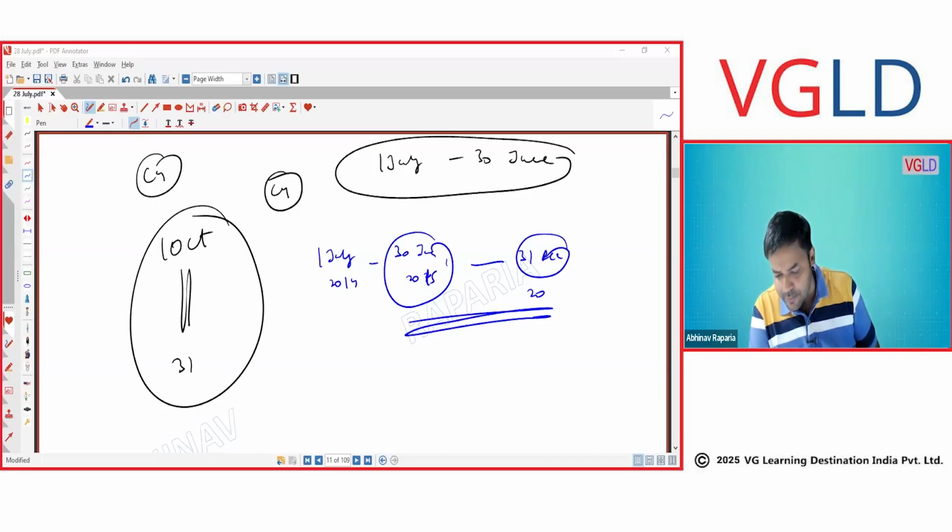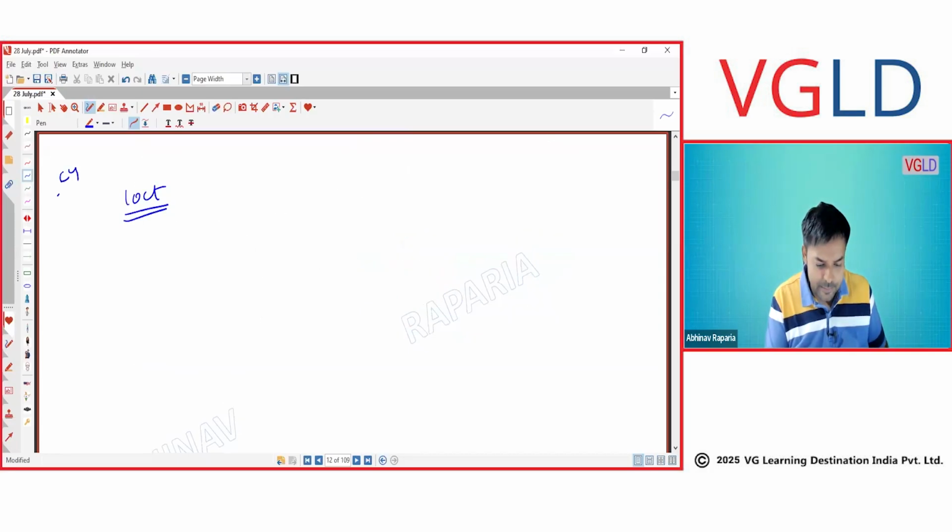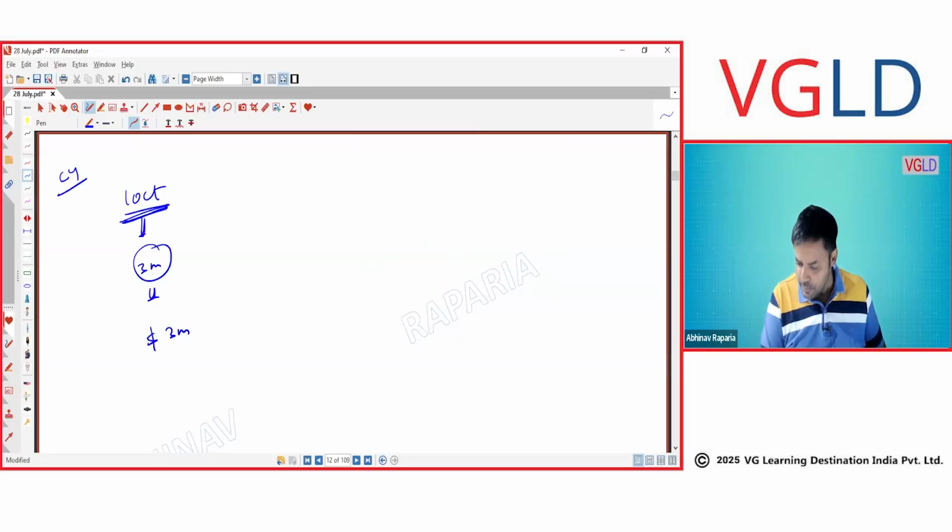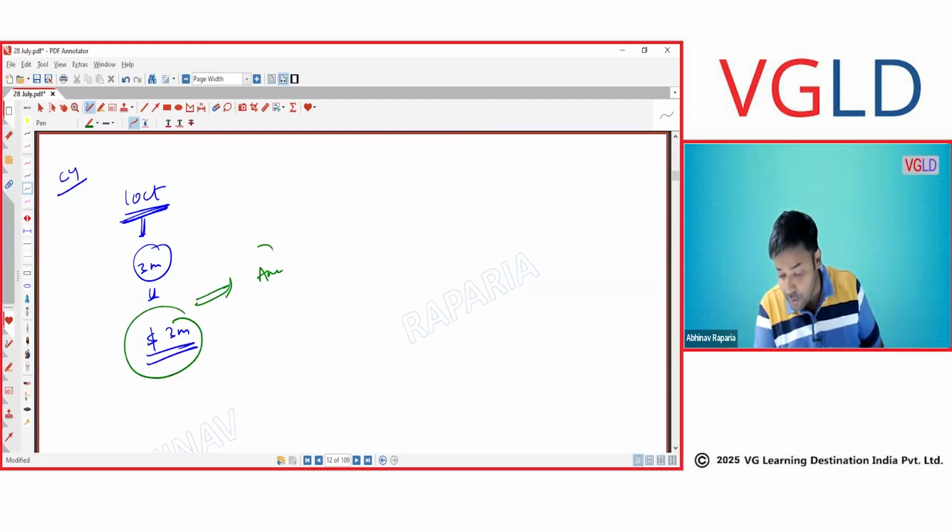Now, in this case, first we are going to calculate the annualized income. What do you mean by that? For example, you start the business on 1st of October, and you are following calendar year. So your business runs for 3 months. For 3 months, let's say you have earned $3 million. Now we will annualize this income. That means this is the income for 3 months. What is going to be the income for the 12 months?